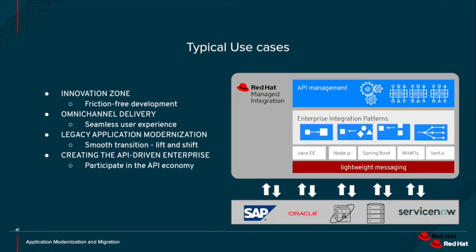So typical use cases, innovation zone. If you want to do friction-free development, just bring your developers and ideas and start developing right away, do that. Omnichannel delivery, that means you want a seamless user experience for various users. Or legacy application modernization, you want to front-end your legacy things with a quick